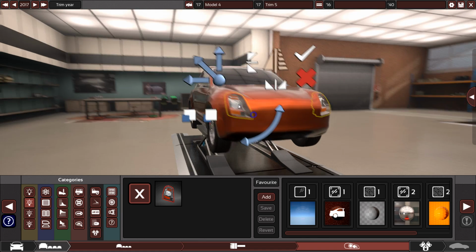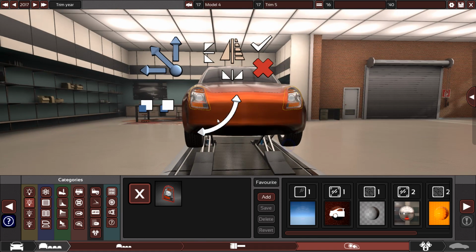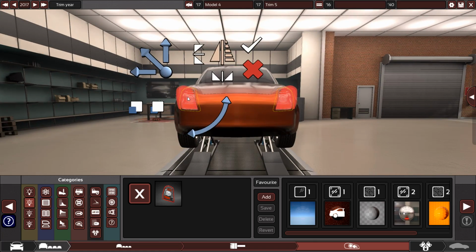Now, headlights for this one. I can kind of go for the R2-D2 headlights. It is kind of quite...